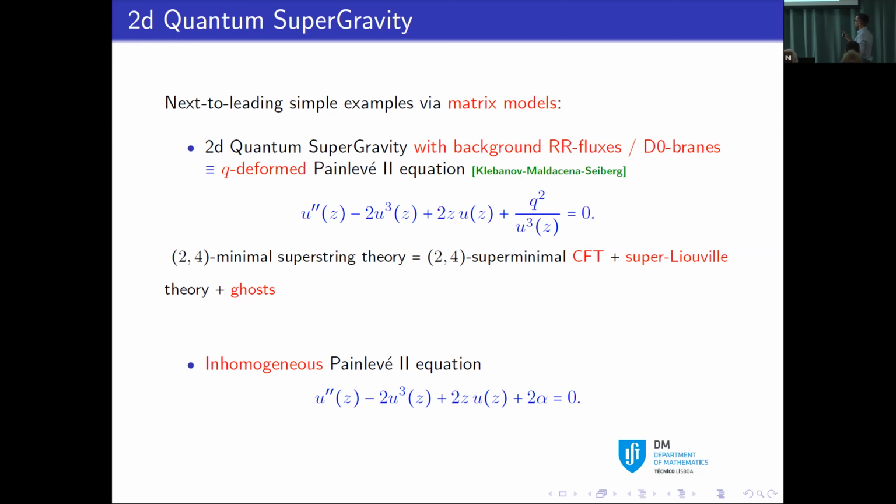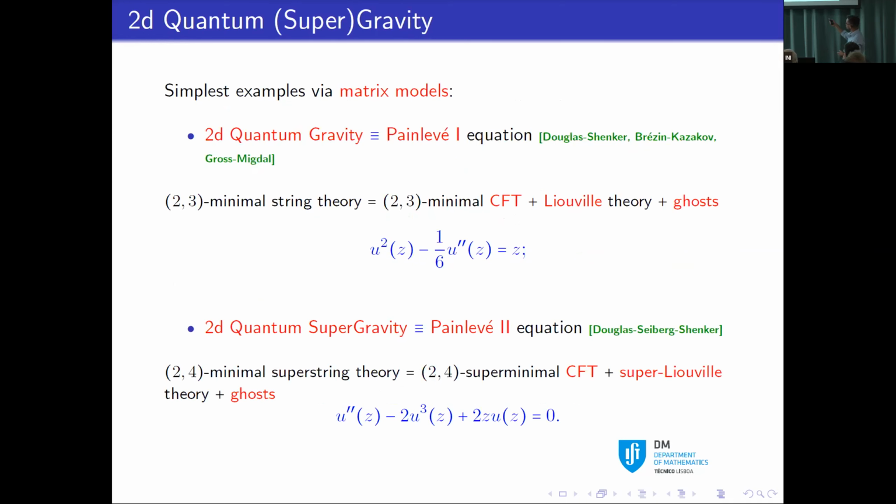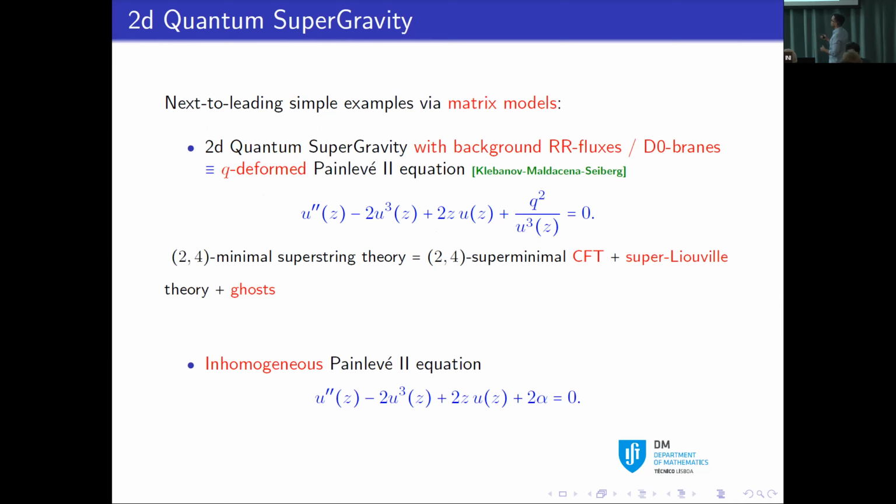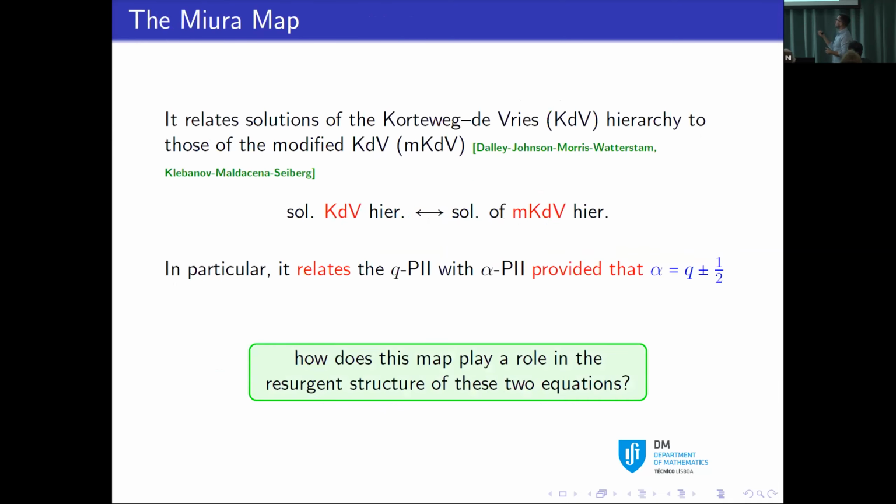But now, if you see from the equation before, you can see here that the Painlevé equation is missing the alpha factor. So this would be what I'm going to be calling all the time the inhomogeneous Painlevé equations, just that this alpha is different from 0. And this alpha different from 0 is interesting because even though it doesn't directly fall automatically from the string theory, Klebanov, Maldacena, and Seiberg also studied that there's this thing called a Miura map, which basically